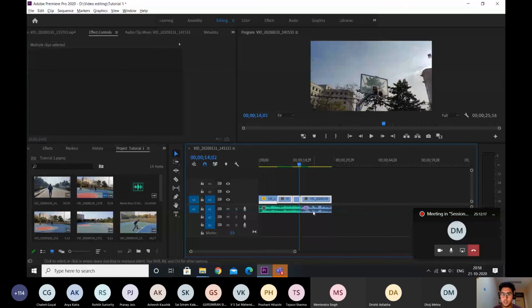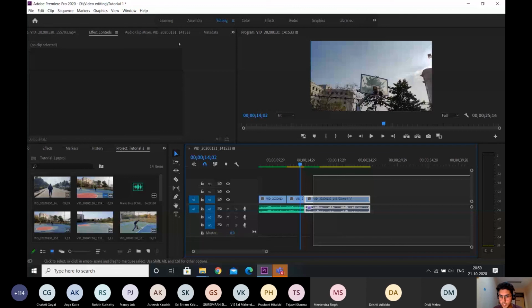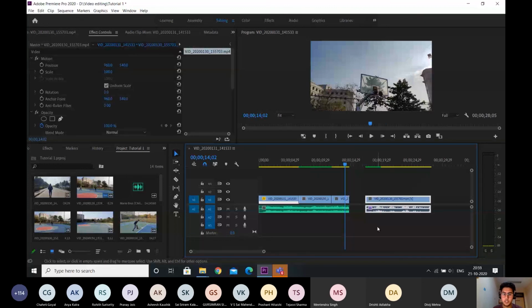Now, you might have encountered, or you will actually, if you continue to edit, problems in which, suppose at this particular point where there is this cut, there are a lot more tracks in front of this, and from this cut you need to select all of the tracks in front and then shift them in front. So the manual way to do it is click and hold, drag and select everything like this, then click on this and drag it in front.